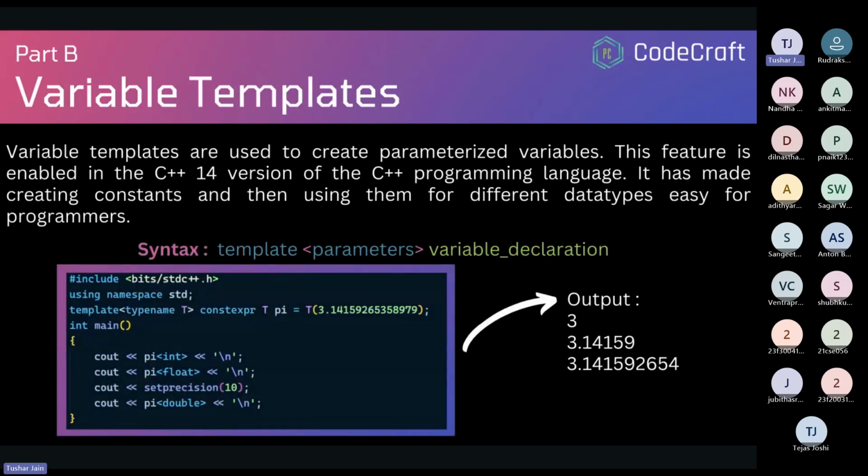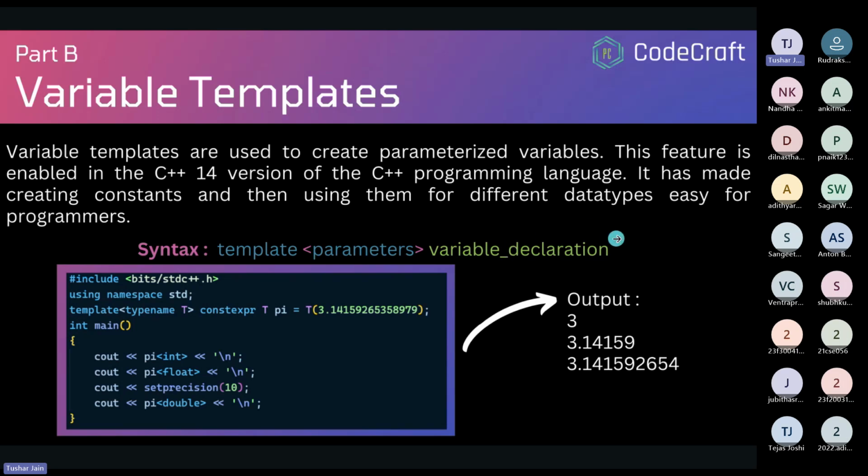The third type of templates are variable templates. So these are used to create parameterized variables. This feature is after C++ 14. So the use of variable templates is if we need a particular constant, but in different data types